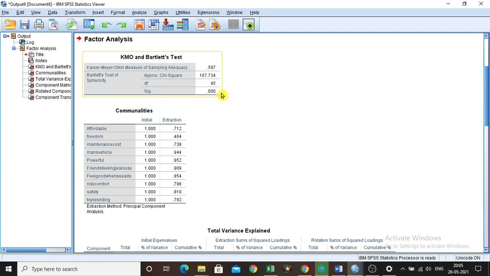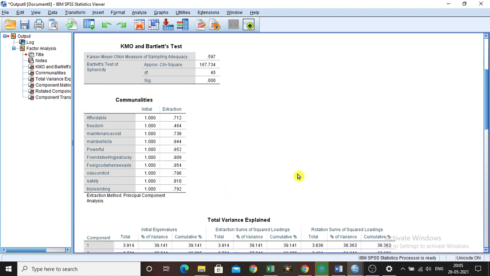If it is not significant, then you have to collect more data and run the test once again. Right now the sampling adequacy is there, so we are proceeding with factor analysis. In communalities, nothing to be interpreted.